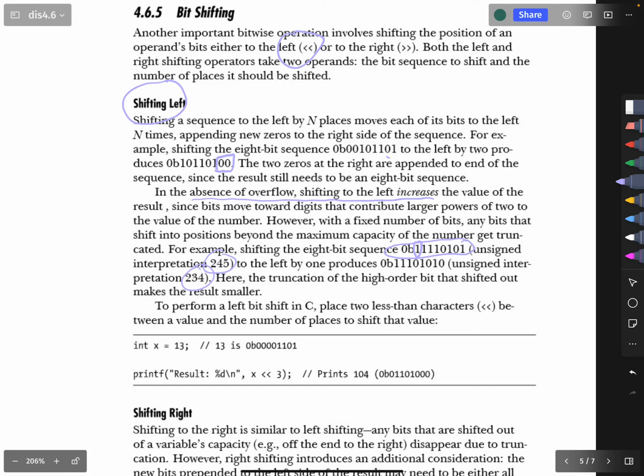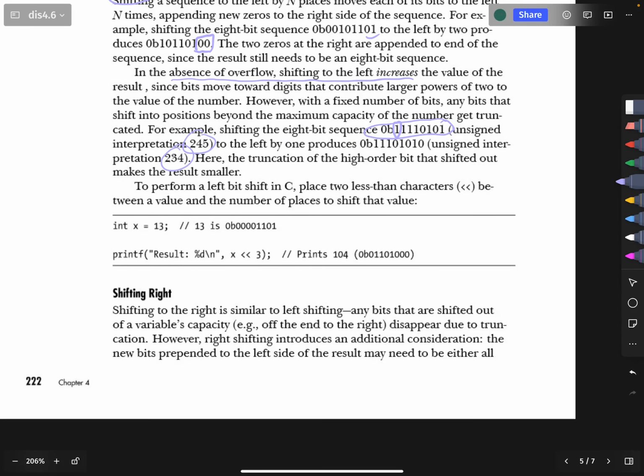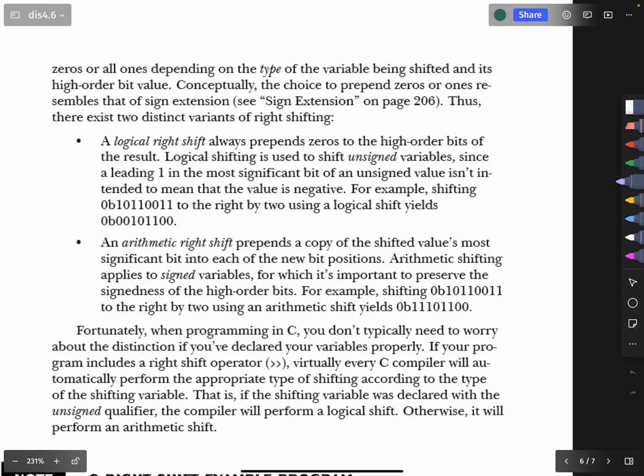You can also shift to the right, and a lot of the ideas go the same as usual. Now here, we really will want to ask, do we want to prepend zeros or do we want to prepend 1s when we right shift? We typically prepend zeros, and when we prepend zeros, we call that a logical right shift, as opposed to an arithmetic right shift where we prepend 1s. But when we do a logical right shift, we are typically using that on unsigned integers. Like if you take, for instance, this example and you right shift it,